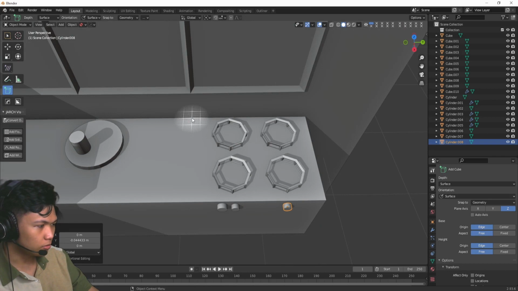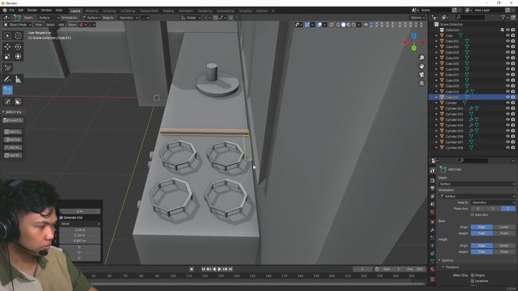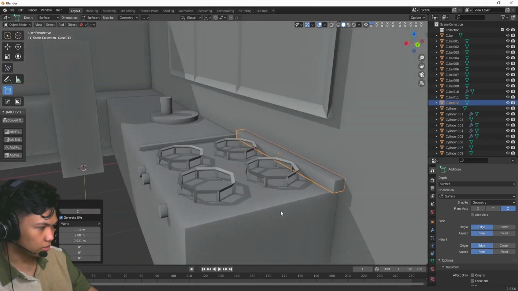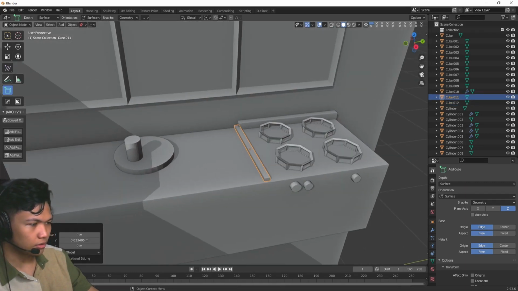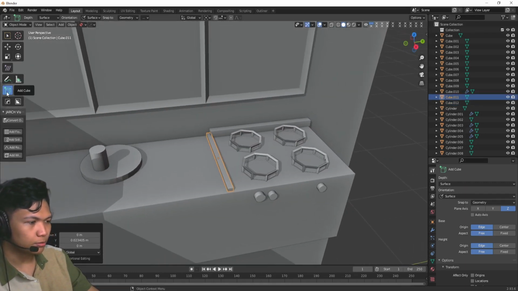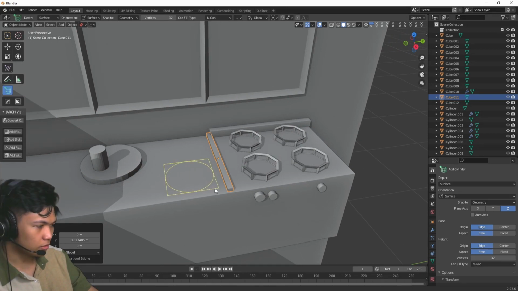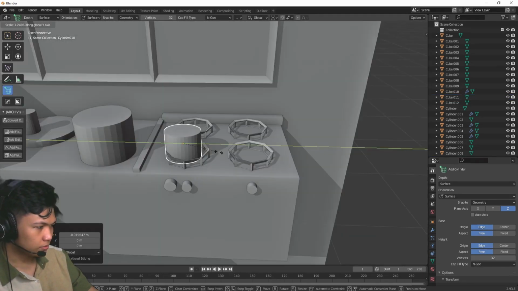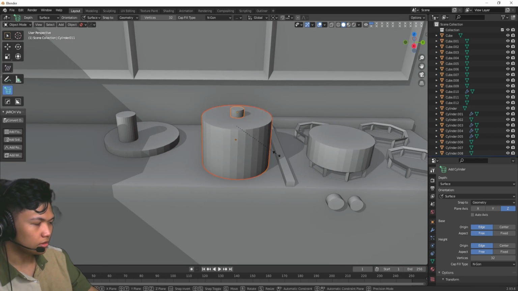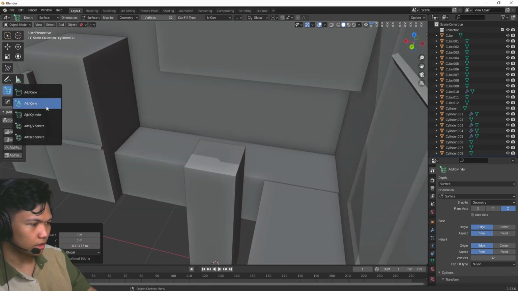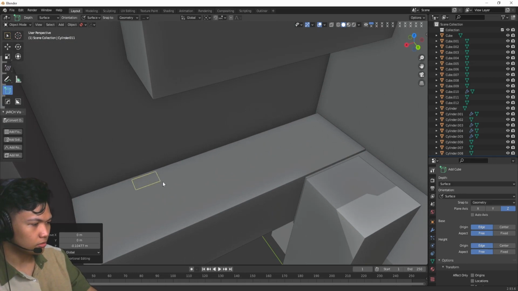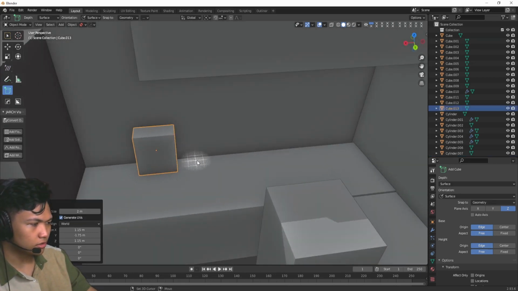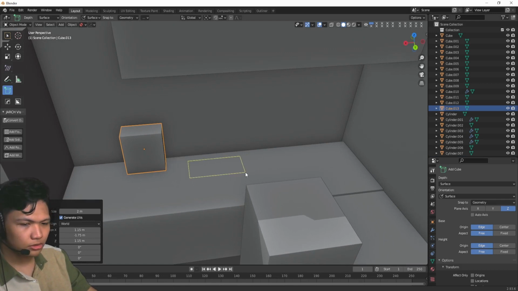Now we can add some sort of separator for these two. So we can add another cube, just so we can separate the stovetop. Add another thing over there. And then we can add, say, our pots and pans. So we can add a big pot over here. For the last one, we're just gonna add a bunch of objects over here. This could be, say, a cereal box. This could be like a grocery